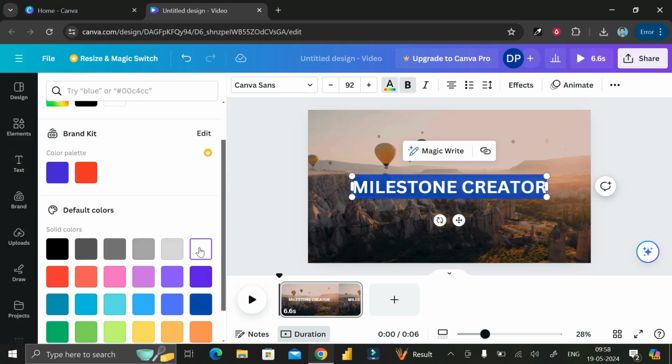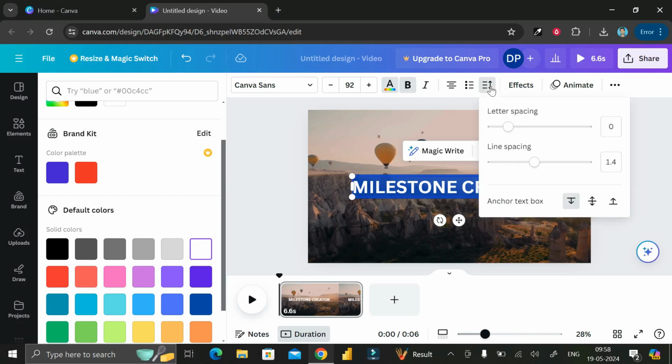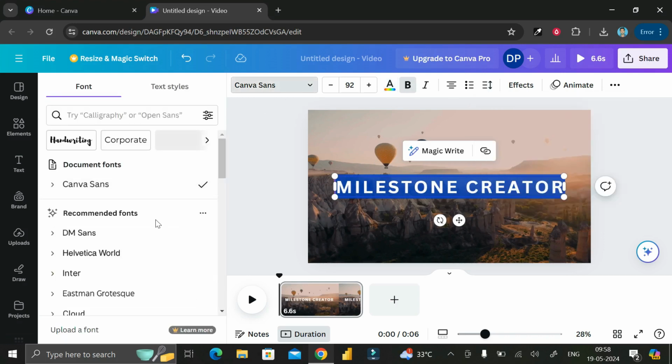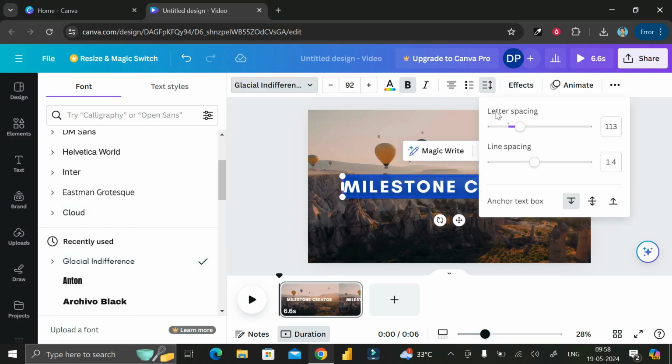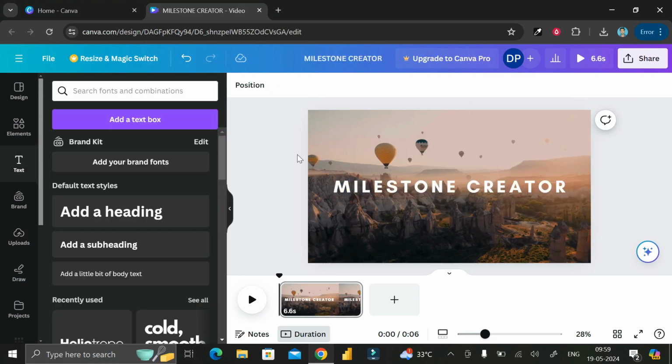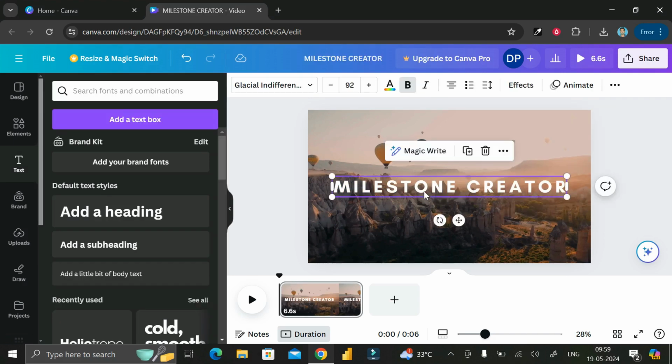color. Got it? Then click here and expand this letter space. Then click on this drop down and select any text type that you want to put into this particular text. All right, then adjust the text, then again click on this particular text, then click on this animate option,